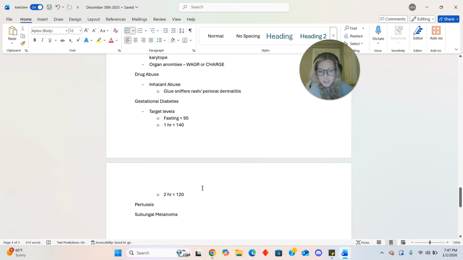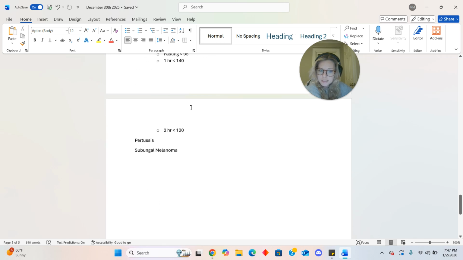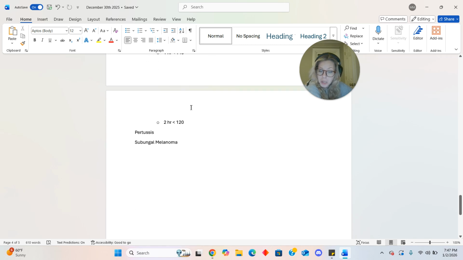Refresher on target levels for gestational diabetes. Fasting is under 95. 1 hour is under 140. 2 hours under 120. Do with that what you will. And then pertussis, know the stages: catarrhal, paroxysmal, and convalescent. You can give them azithromycin. And then subungual melanoma, just remember what that is. It's the melanoma on the